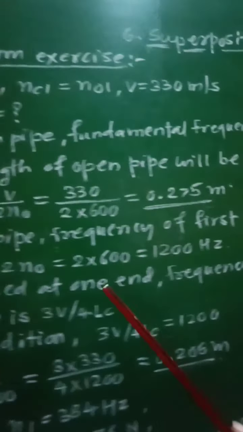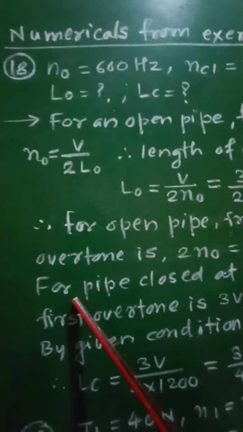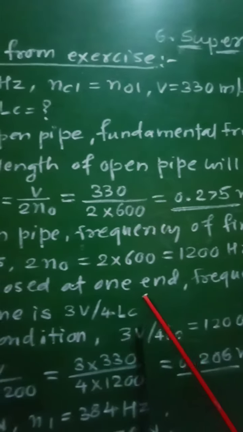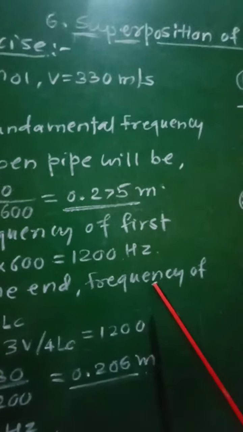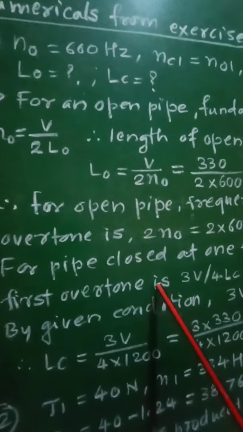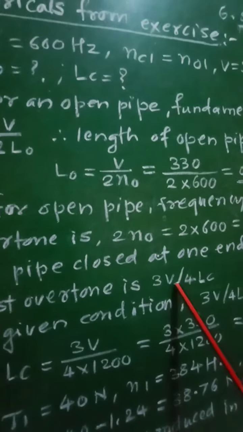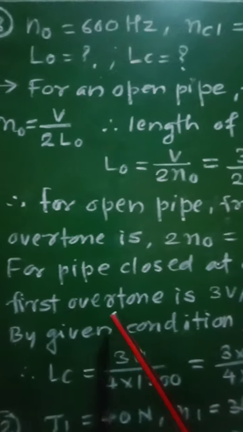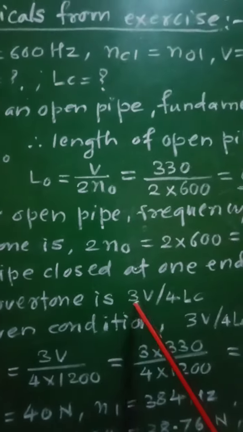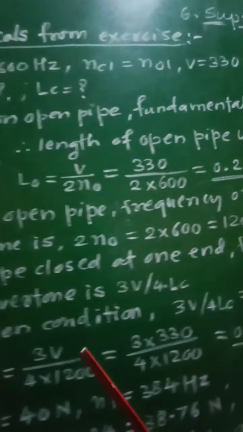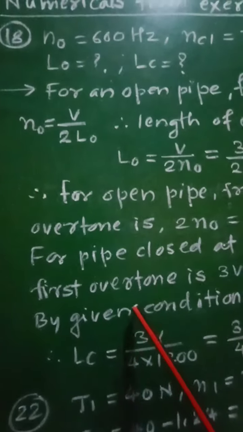Now for the pipe closed at one end, the frequency of the first overtone is equal to 3v by 4 LC. The frequency for the first overtone is given as 3v upon 4 LC, and therefore we can write, by the given condition,